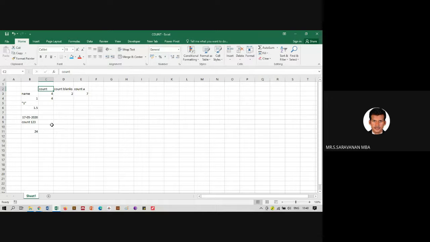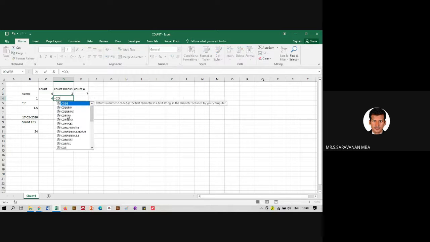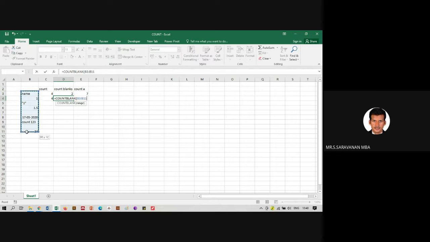This is the basic one. And if you want to find out whether there are any blank spaces in your information, you can use equals COUNTBLANK, select all this information, close the bracket and press enter. There are 2 blank spaces. See here, 1 and 2. It is counting them.